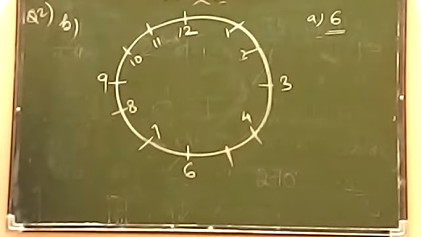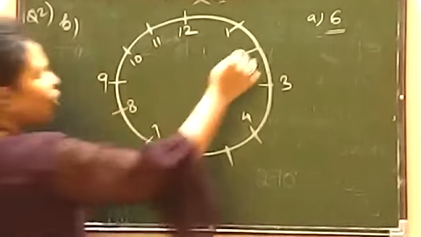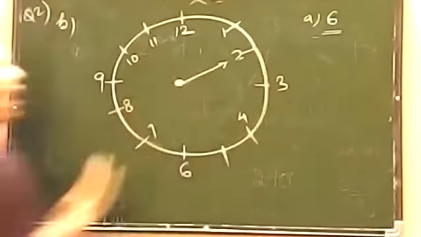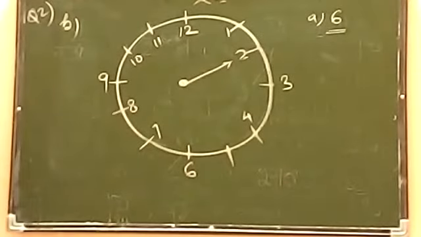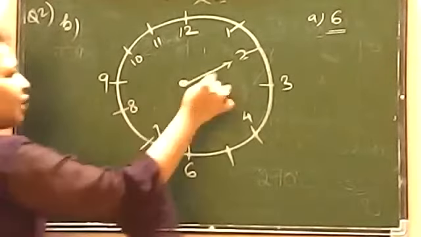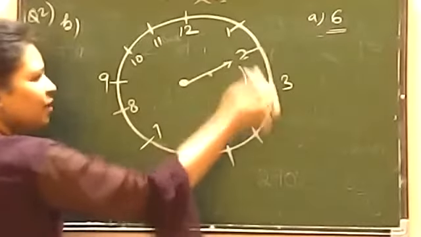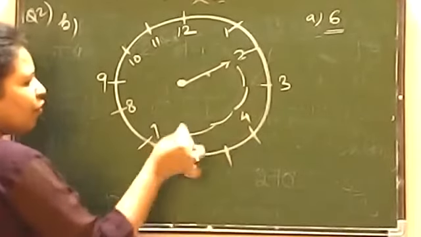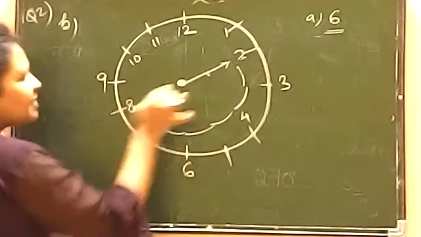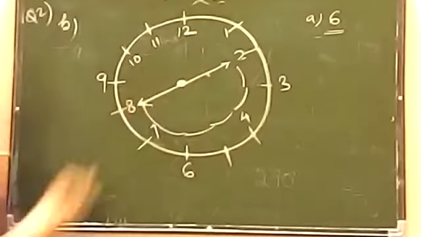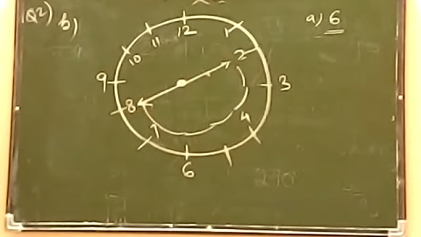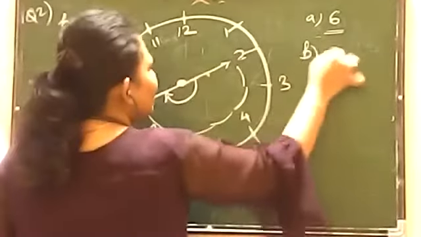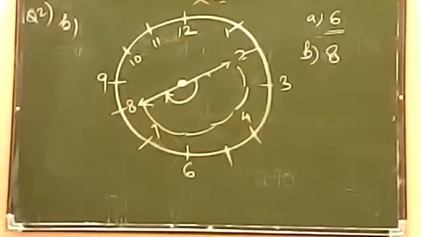Okay, Gauri, just a minute. I am coming to you. We will start from 2. So first I placed a needle on 2. Okay? Now we have to go clockwise, 6 steps, beta. So clockwise will start from here. Now look here. This is 1 step, 2 to 3 is 1 step, 3 to 4 is 2, then 3, 4, 5 and 6. It means you will reach 8. Yes, correct answer. You will reach 8. So your answer for the second question is 8.